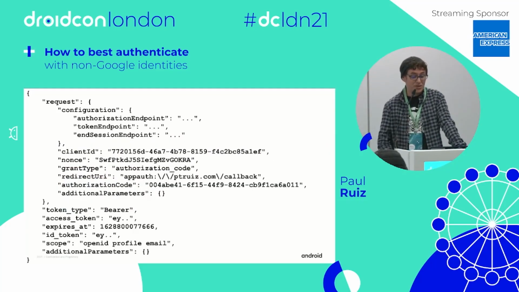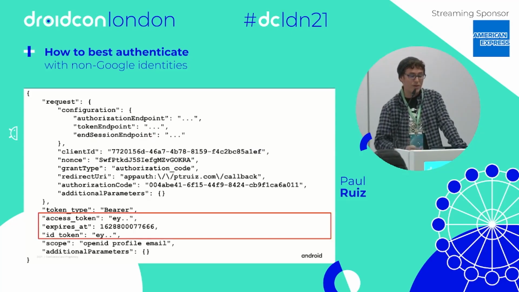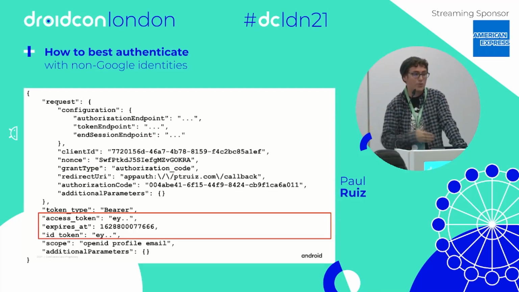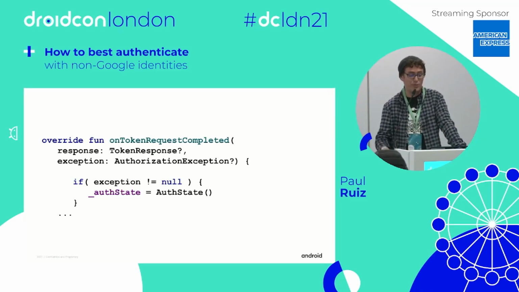So if everything has turned out well, then you should receive a response similar to this one. The really important pieces of data in this response, at least for our case, are going to be the access token and the ID token, which we're going to use over the next few slides. So when that token response is returned, it's going to get handled by the callback that we just associated with